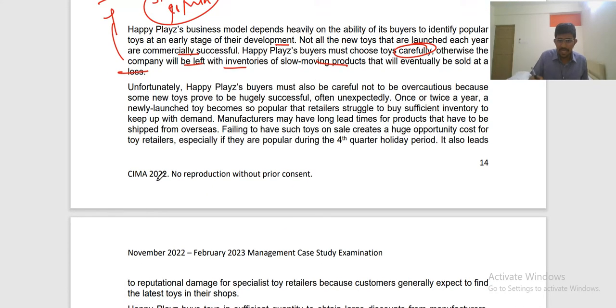Unfortunately, Happy Playz buyers must also be careful about being overcautious, because some new toys prove to be hugely successful, often unexpectedly. Once or twice a year, a newly launched toy becomes so popular that retailers struggle to buy sufficient inventory to keep up with the demand. Manufacturers may have long lead times, sometimes overseas. Failing to have such toys creates an opportunity cost for the toy retailer, especially in the fourth quarter holiday period,